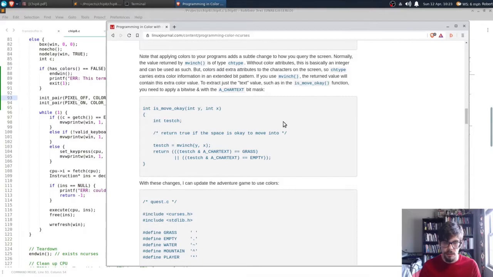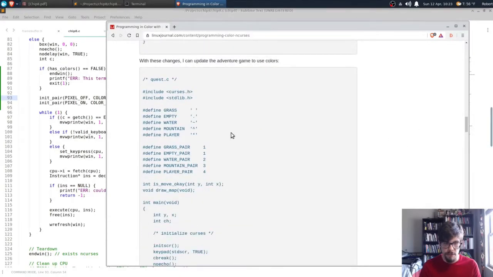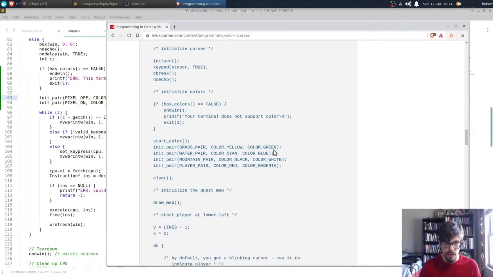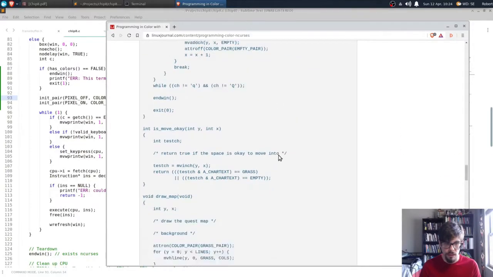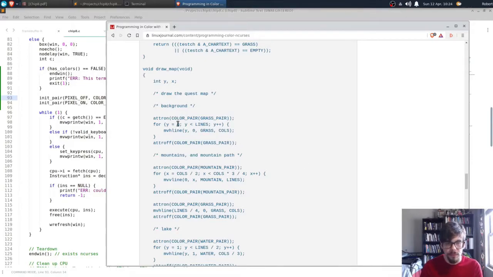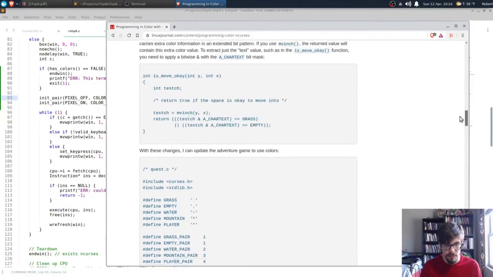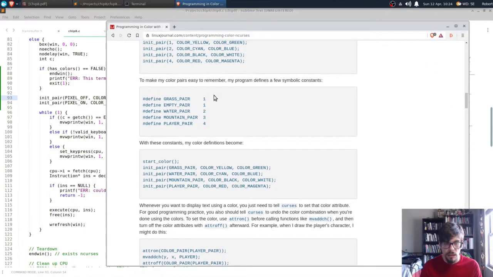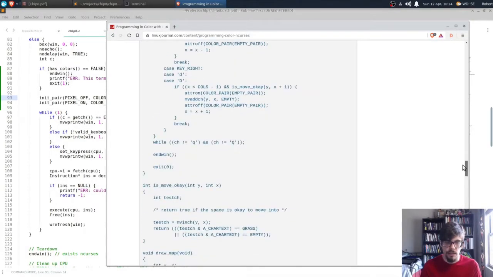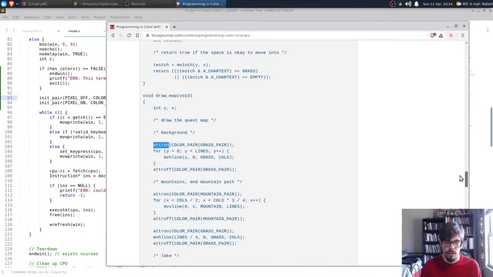And I think this has more to do with this game that he's making. Draw a map. Here we go. Attribute on, color pair, grass pair. Is that what he called them here? Yeah, grass pair. So to set it, he says have this on, and then draw it, and then turn off the attribute. So it's attribute on to turn on that attribute, and then attribute off to turn it off. So we can actually just